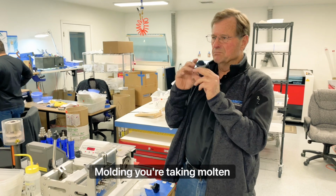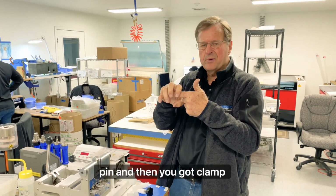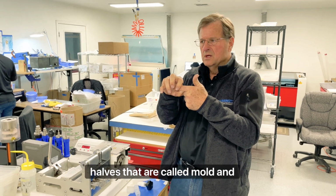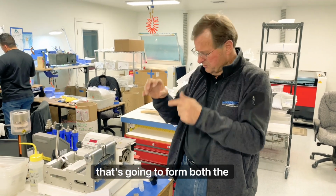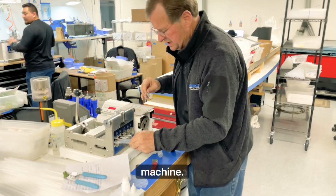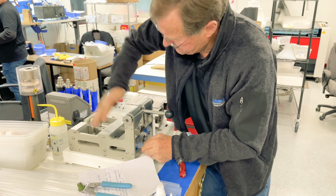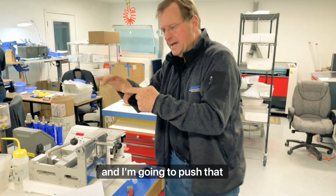Injection molding, you're taking molten material, and you've got what's called a core pin, and then you've got clamp halves that are called mold. And that's going to form both the outside and the inside of the tubing. And that's what we're going to do with this machine. Now that that tubing is nice and hot, I'm going to clamp it down, and I'm going to push that